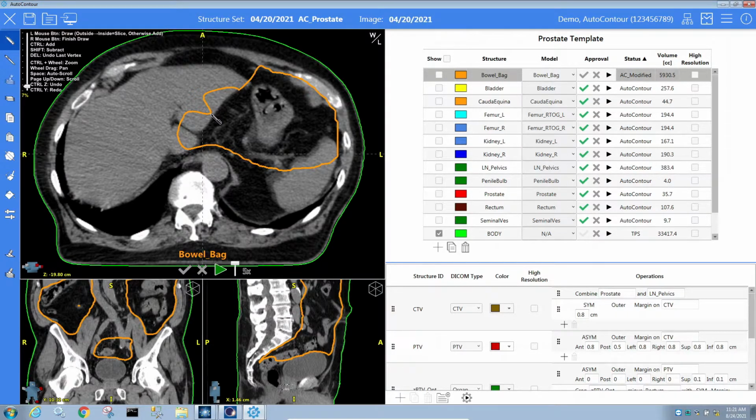For your paintbrush tool, you'll be able to come in and hold down the shift key to erase and control key to fill. Again, all of your instructions will be over here on the left as a reminder of how these tools work. All right, so we have successfully carved this out of the liver,